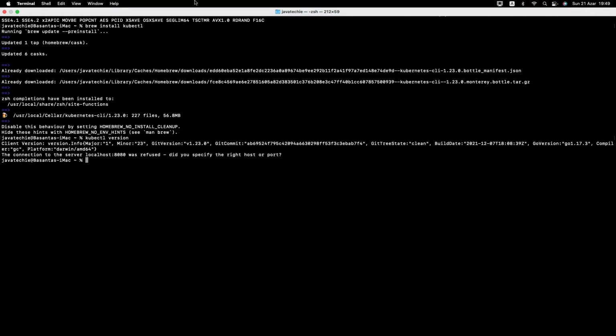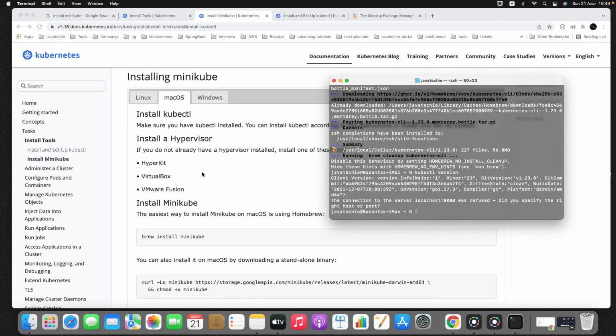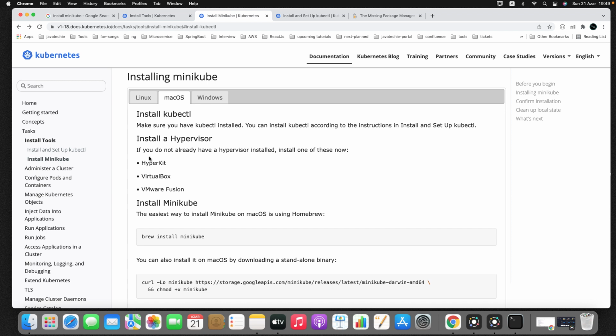Okay, now if you move to the next step, we just need to install a hypervisor. If you do not already have a hypervisor installed on your machine, install one of these now. You can install HyperKit, you can install VirtualBox, or if you want you can install VMware Fusion. Okay, you have another option, you can go with Docker as well. For this particular example I will use HyperKit, and I can directly install HyperKit through the brew command.